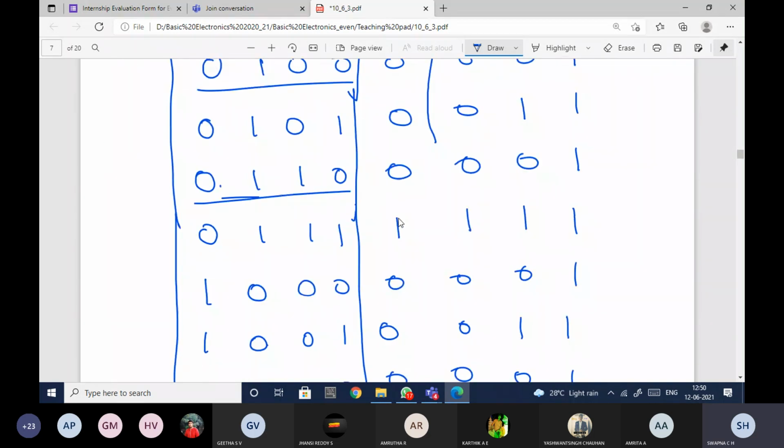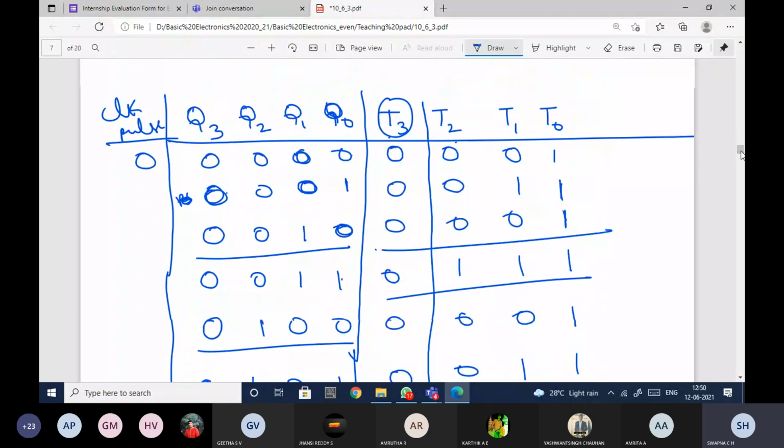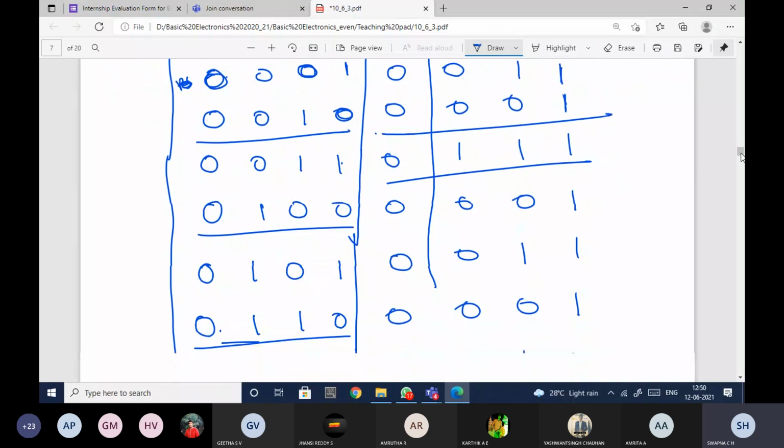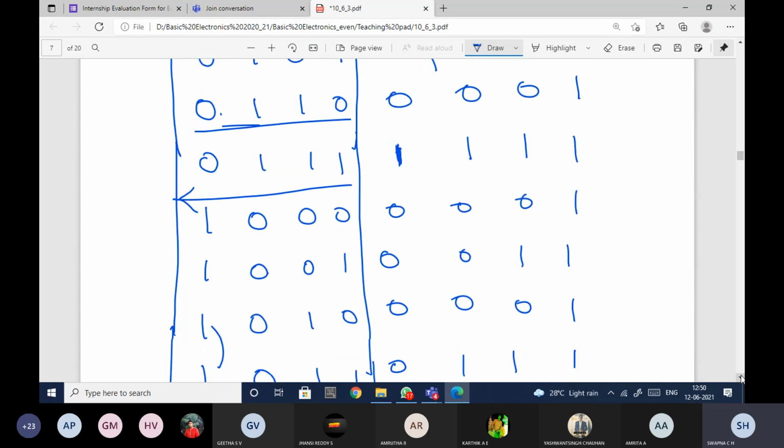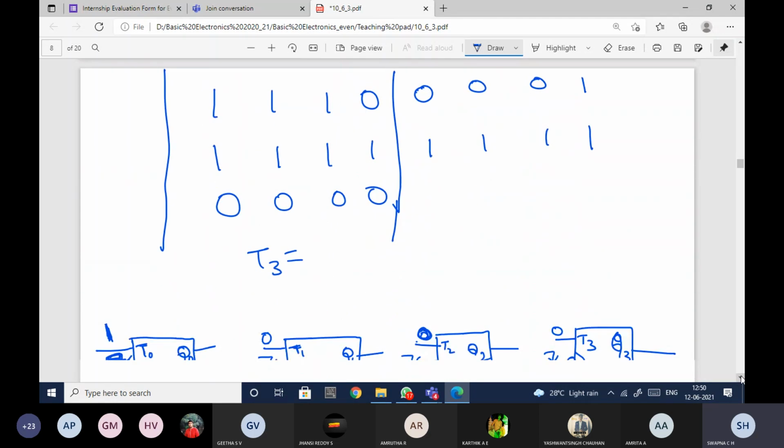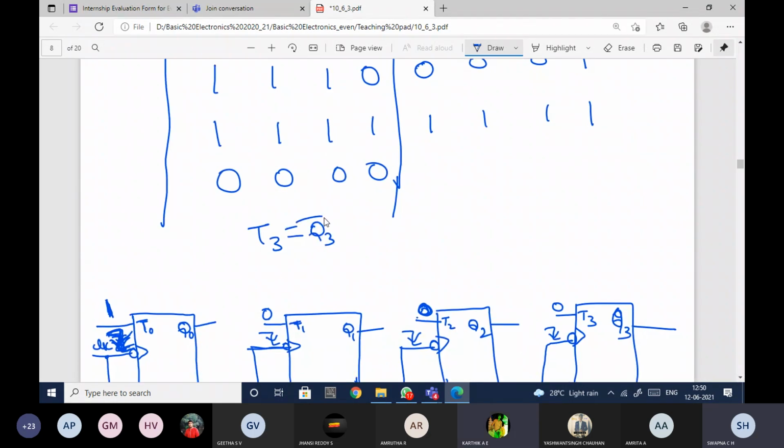See, Q3. Here I have only one. The logic of writing the output equation will not change. You need to write the T3 equation. Here I have one, so I need to write its corresponding values. What are the corresponding values? Q3 bar, Q2, Q1, Q0 plus